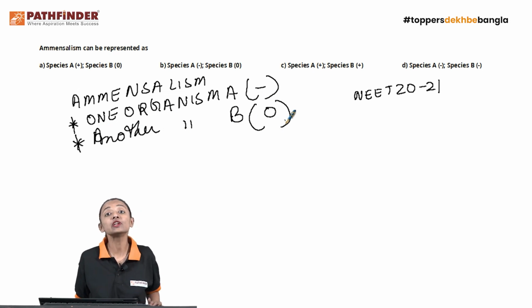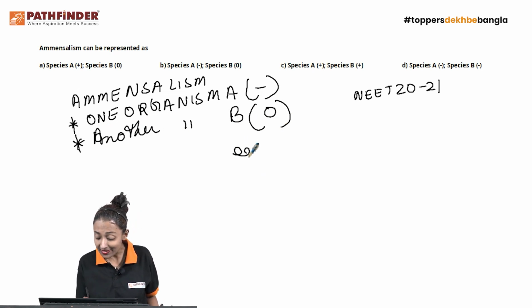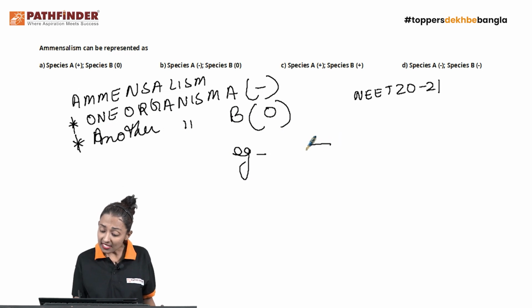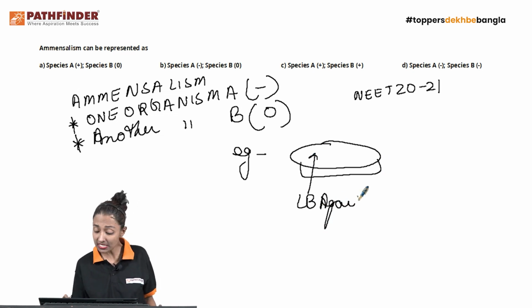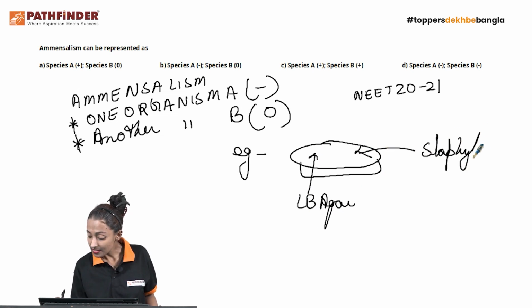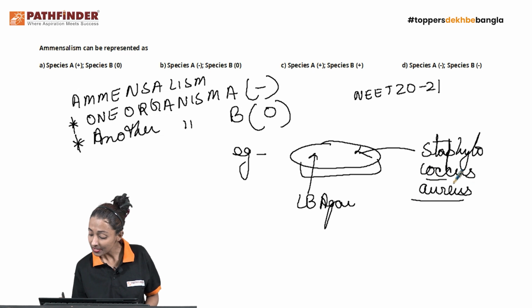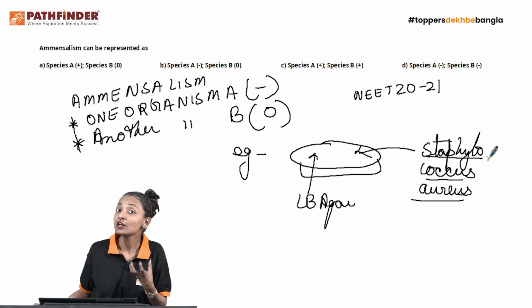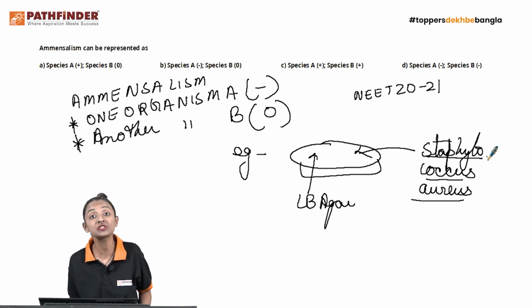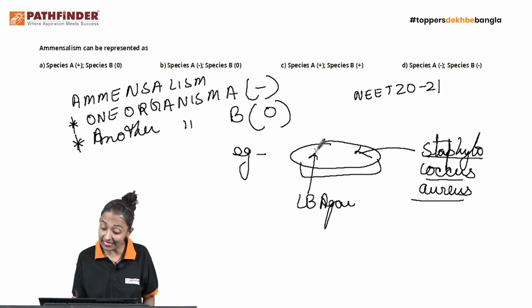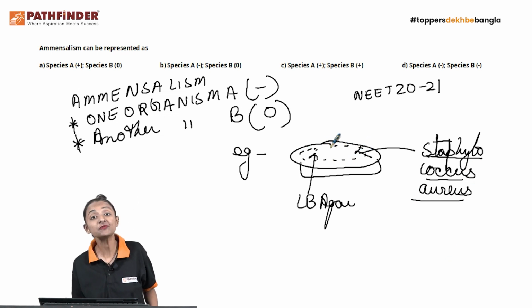To explain this particular condition, I'll tell one example. Suppose this is an LB agar plate, nutrient media as we all know. In this LB agar plate, I'm thinking of growing Staphylococcus aureus. This is a bacteria as you all know. This bacteria utilizes the food that's there in the LB agar plate and continues to grow. After a certain period of time, when the Staphylococcus aureus has completely grown in the media, we will find that